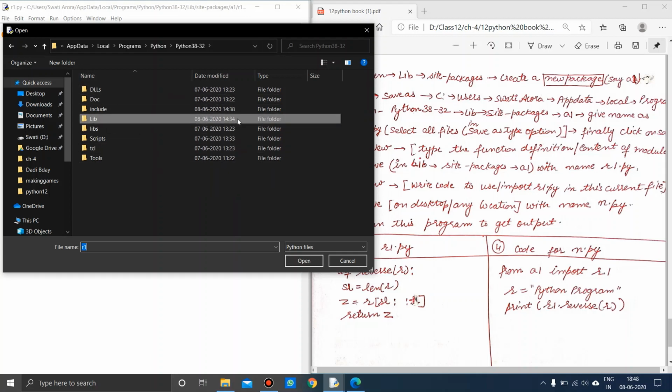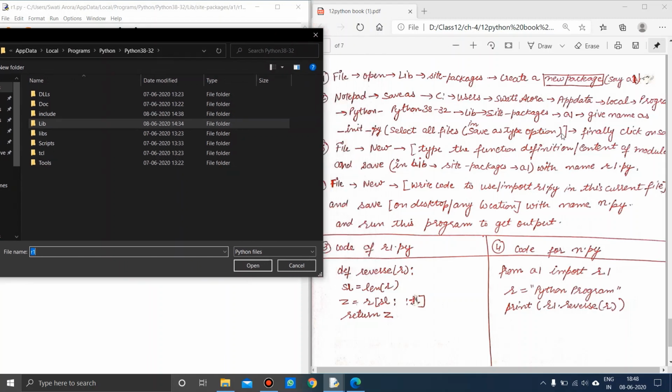This will open by default, and if it is not opening, then what to do? Go to the C drive, then Users, then whatever your PC name is, here it is Swati Arora. Then go to AppData, then the Local folder, then the Programs folder, then the Python folder, then the Python 38-32 folder.